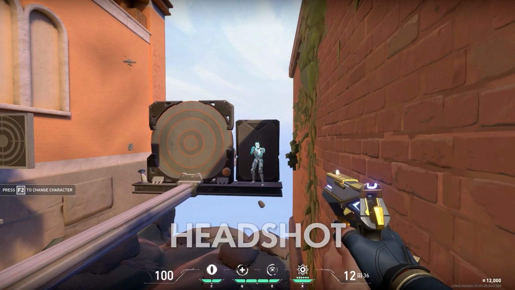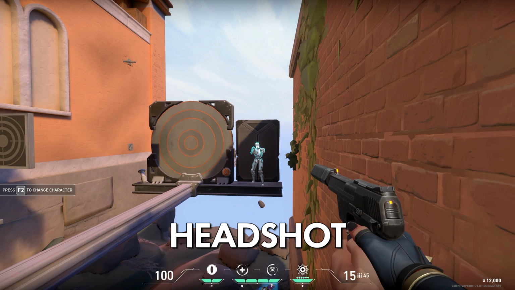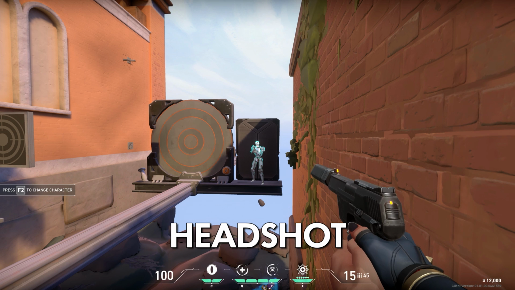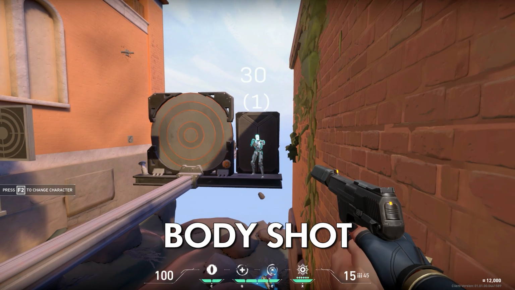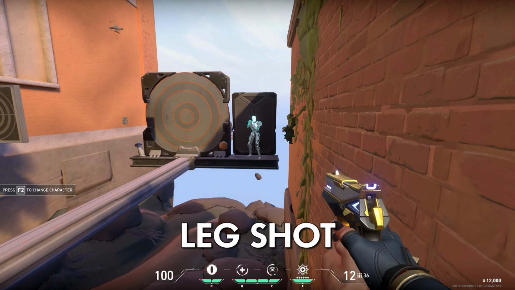From the most important range, which would be 0 to 30 meters, with no armor, the Classic will do 78 damage to the head, while the Ghost will do 105 damage to the head. An important distinction is that the headshot will actually one-shot without armor from 30 meters or less with the Ghost, and it will not with the Classic. Now, for the body, it's 26 versus 33, and for the leg, it's 22 for the Classic and 26 for